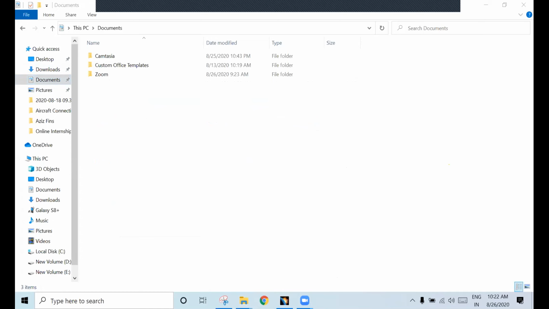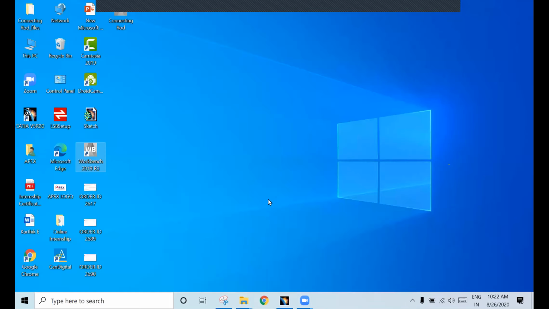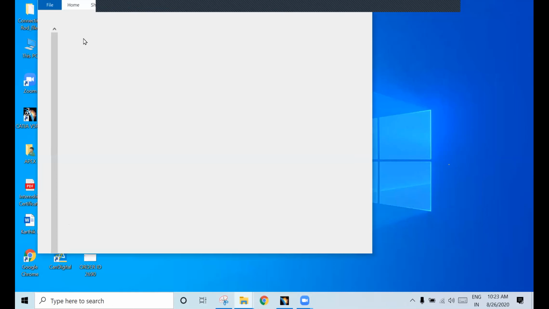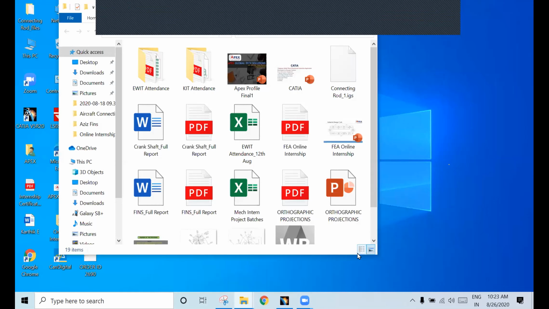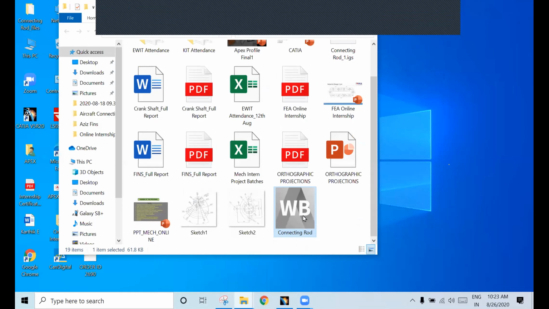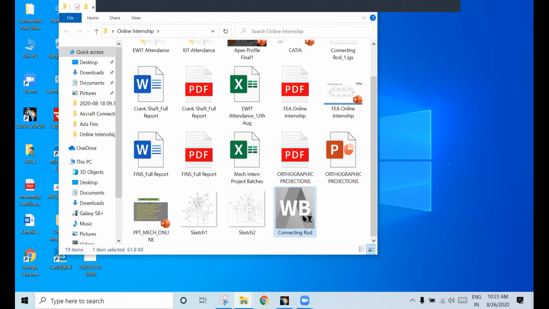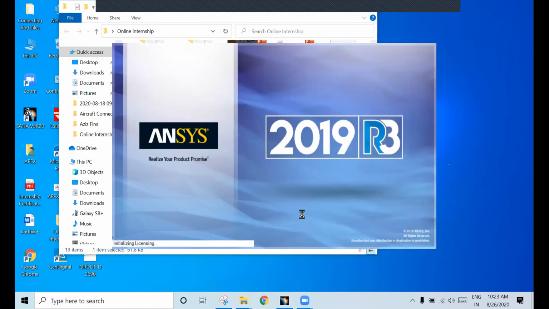Desktop alone. Yeah, here. So I will just move it to online. Yeah. See here. Here you have. See. So if you double click it, you will get the same and you can do whatever you want. Okay, and you can do n number of types of analysis. See here.